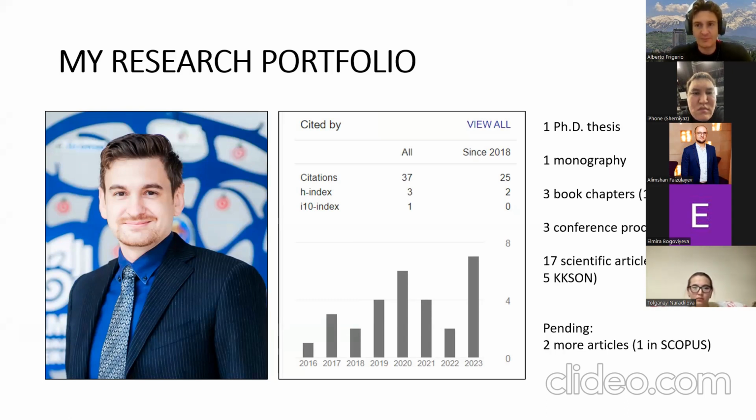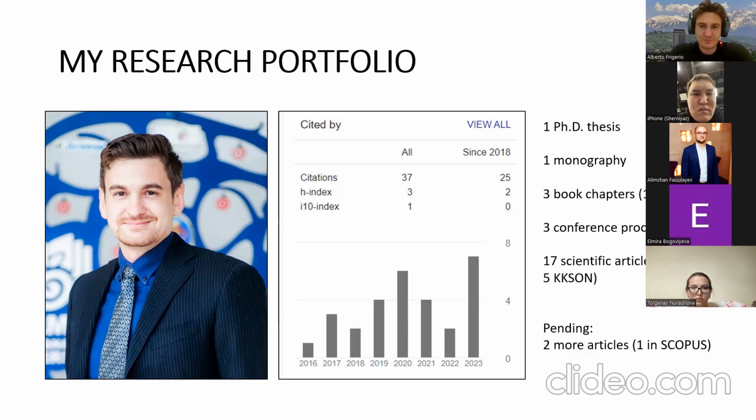So I'm somehow taking pleasure in developing scientific articles and publishing with certain regularity, but I'm not a researcher with thousands of citations or hundreds of publications. I'm just an early career researcher, or at least I still consider myself as such. But nonetheless, there is something that I learned during the process, and I would like to share